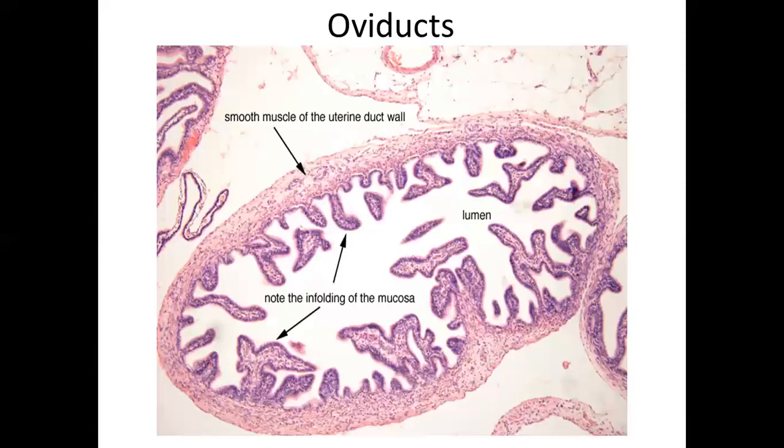Now looking at a cross section of the oviduct, in the very center you can see the lumen, and the lumen is not clearly rounded. It has projections of the mucosa, so the mucosa is highly folded. The first part of the mucosal fold is always epithelium, which is simple columnar epithelium in this case, and the